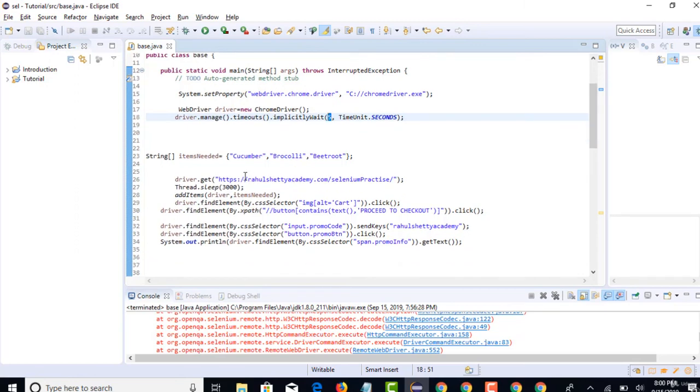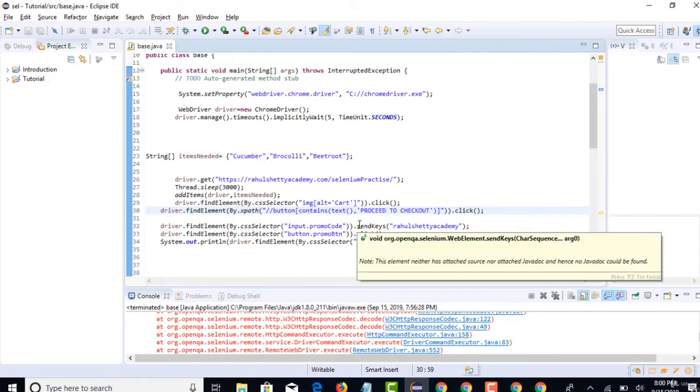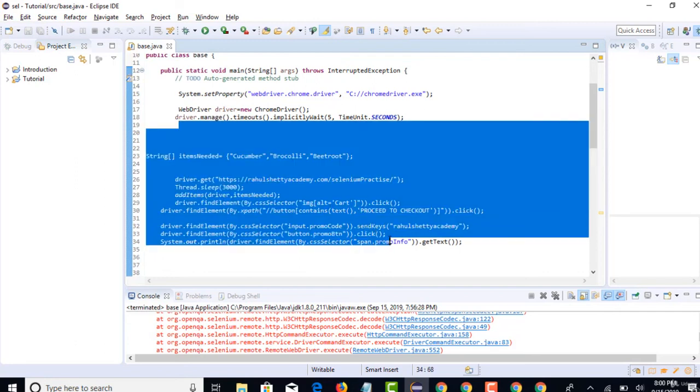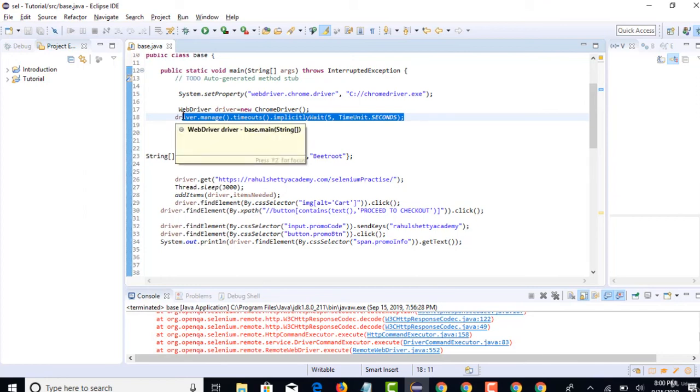But the advantage here is that your code looks much more optimized and concise, and you don't have any junk code targeting each and every element. In the next lecture, when I explain explicit wait, you will understand what I mean by junk code. You need to write lots of lines of code to make your test pass with explicit wait. So right now you may not appreciate the pro of the code looking concise. When I say that's a pro, you may not understand now, but in the next lecture after I teach explicit wait, you will feel that implicit wait is far better in terms of writing the code.